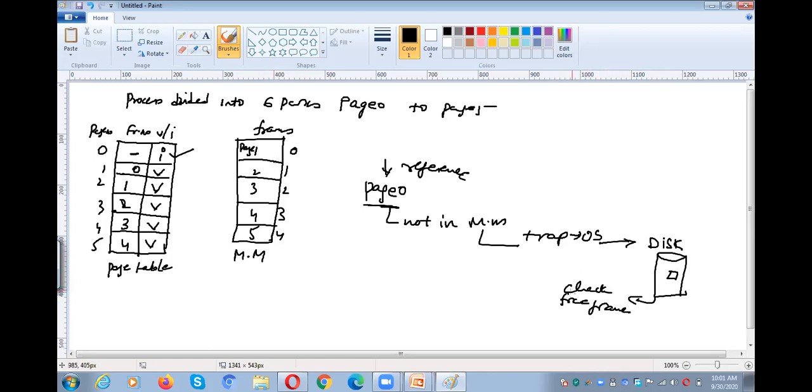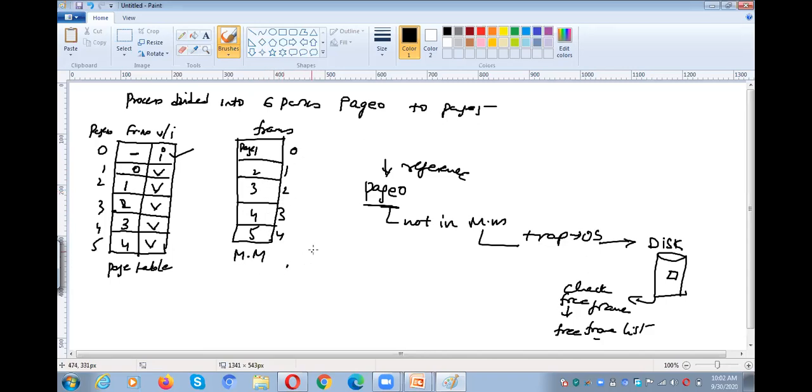The operating system checks the free frame list, and the free frame list is empty. Why? Because there is no free frame available in the main memory. Then what do you have to do? We need to choose one page from the main memory frames, and swap it out into the secondary memory.